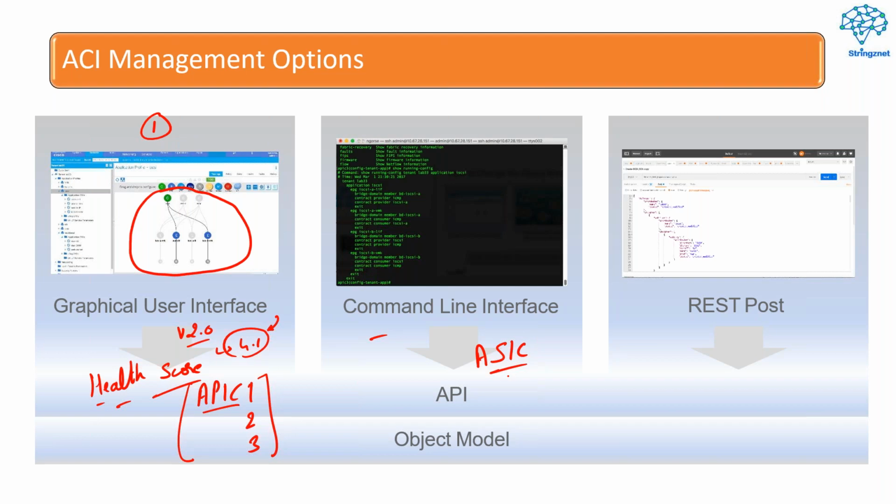wherein I'll show you that there are two ASIC chips which prepare the database tables. One is called the Broadcom ASIC chip, BCM, and the other is called the North Star ASIC chip. We will be taking a look at the purpose of these ASIC chips in our very second lab called bare metal host, because our very first lab will be with regards to the APIC controllers, to make sure that the three APIC controllers form one cluster, and that all the leaf and spine switches are well discovered and configured.